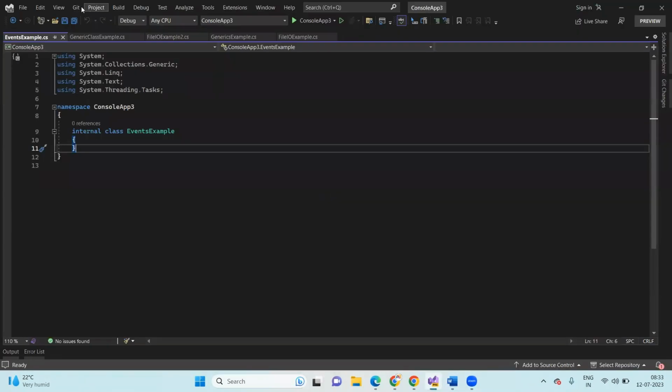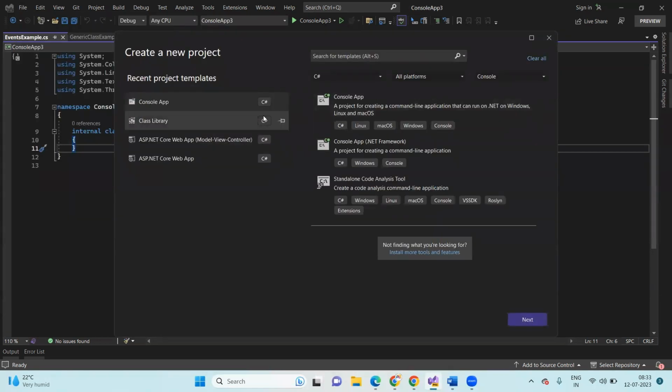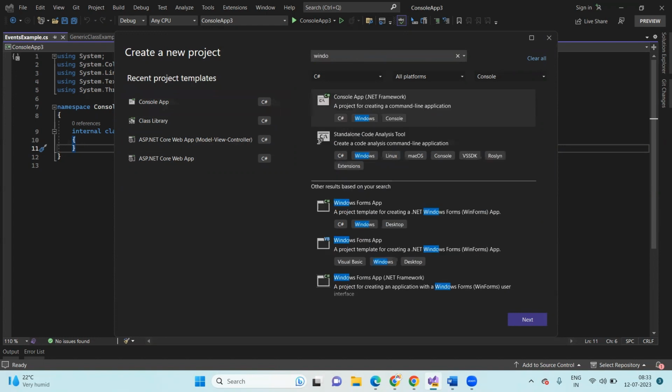See guys carefully. I'll go to file, new project. So here, till now I have seen console application. Now we'll see Windows Form application. To create desktop applications, we use this Windows Form application. And here